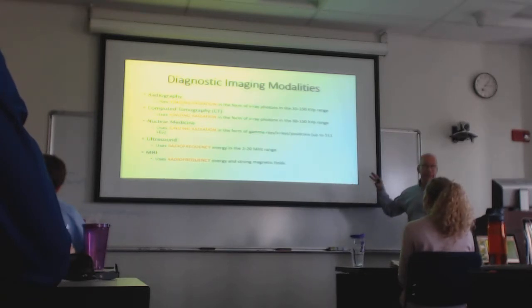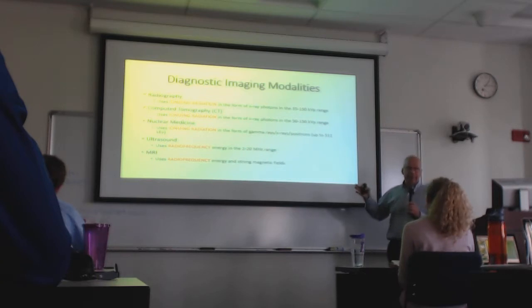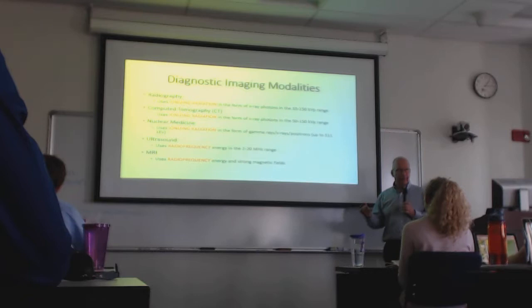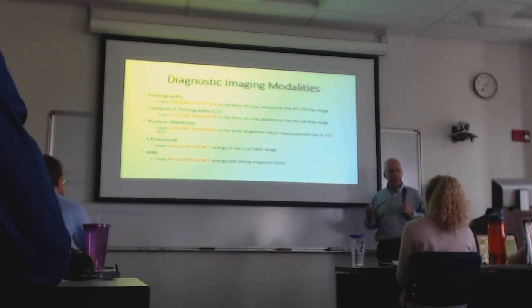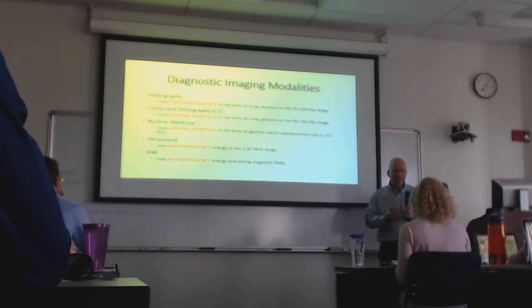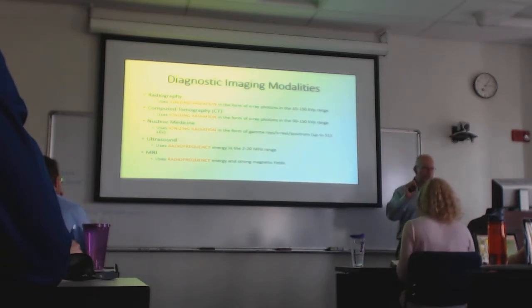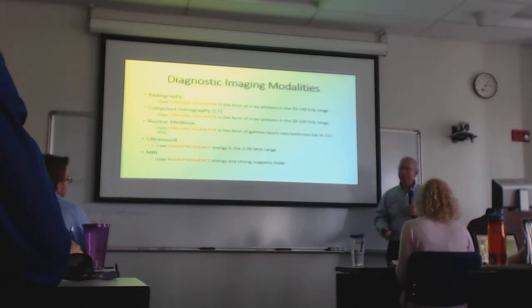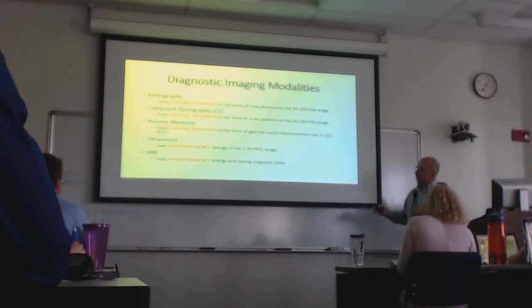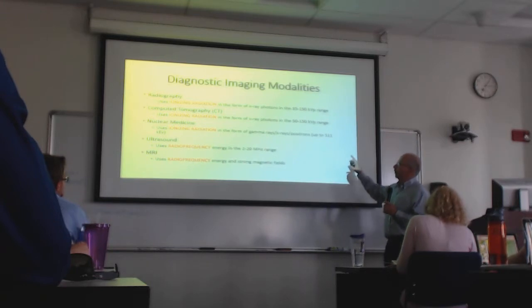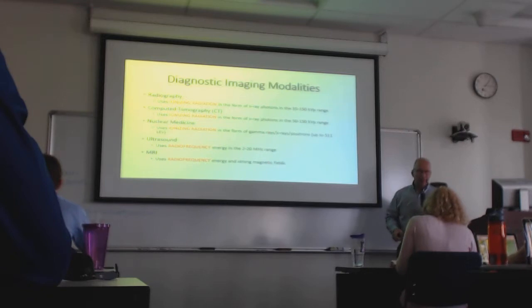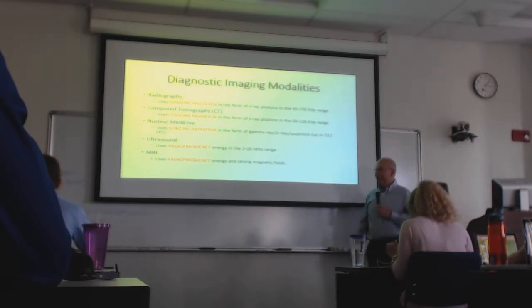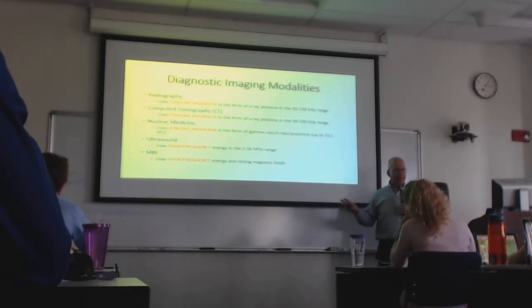35 kVp is something we use right around for mammography, because in mammography, A, you don't want to over-irradiate because the breast is a radiosensitive organ, and two, you don't need so much because when you squash the breast onto a plate and take a picture of it, there's not that much you have to go through, right? So you don't need that much energy. Now CT, on the other hand, also uses ionizing radiation, and also in the same general range between 50 and 150 kVp. But CT is a little different, and we don't need to go into it too dramatically right now.